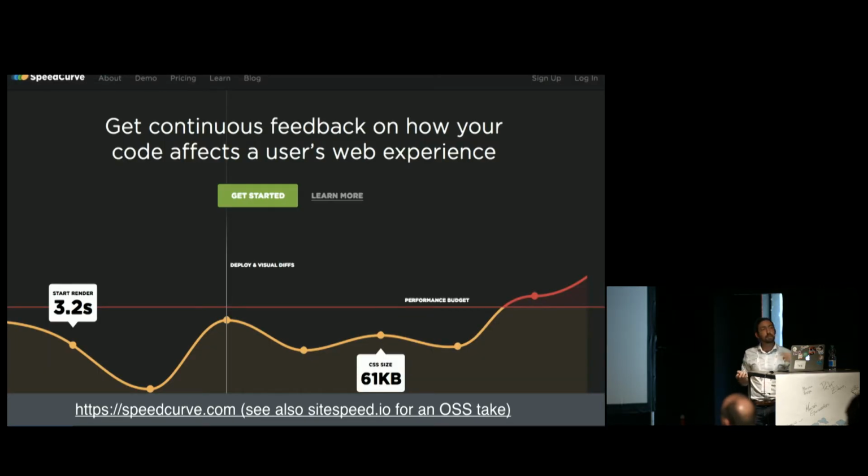And what's cool is that we can start incorporating these ideas into continuous integration, the same way that you might put your tests under CI. So this is one company called SpeedCurve, and they basically hit some of your pages every day, and then they see how big your pages are and how they've changed, and they'll give you an alert, like breaking the build, if the pages have either increased or gone beyond a performance budget, or they're too large or something like that. So we have tools to guard against this. And this isn't the only tool. There's an open source tool that you can run on your own infrastructure if you want. And there's another tool called Caliber App, which was released recently, which does lots of similar things as well.